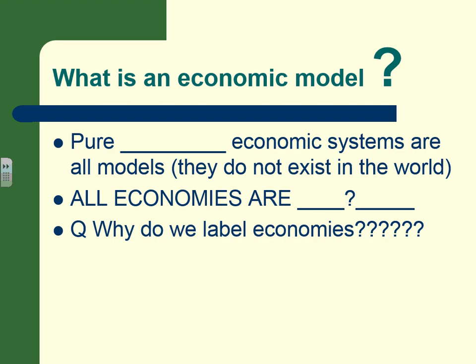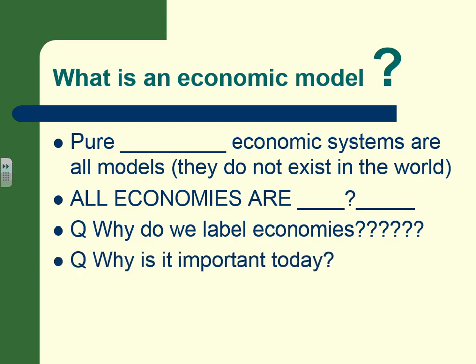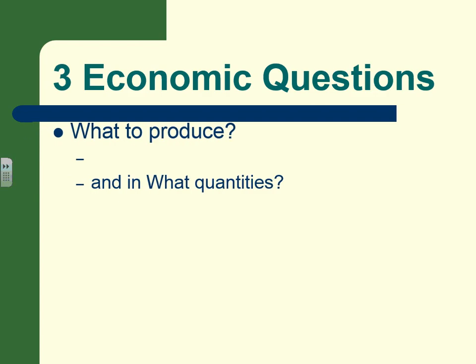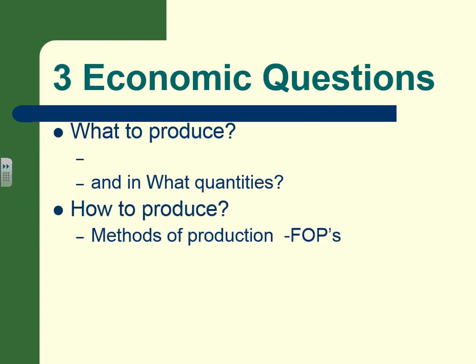So why do we label them? Basically, the models are used to understand and to classify what kind of economic system each country has. And that's important today because with global trade, you need to know who your trade partners can or could be. So the 3 basic questions: what to produce, and also how much to produce of that item,